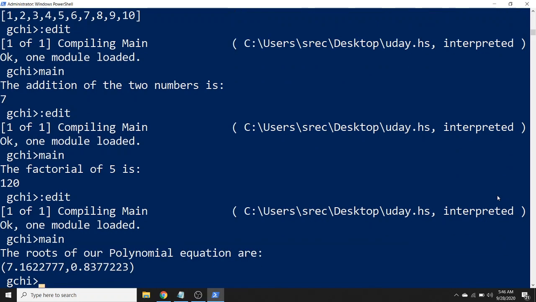You can see the square root of the given polynomial equation, right? So this is a way of executing or evaluating scripts in Haskell.